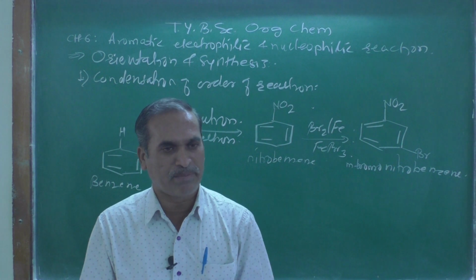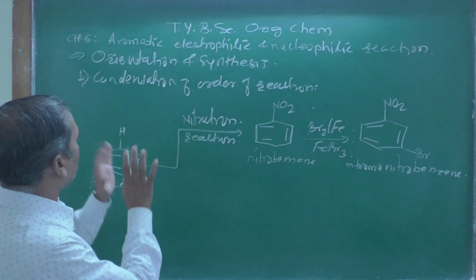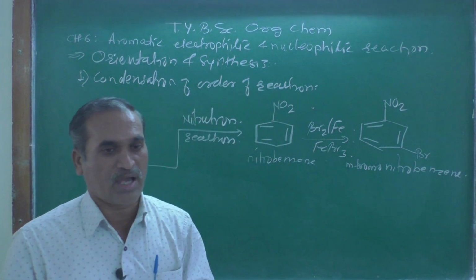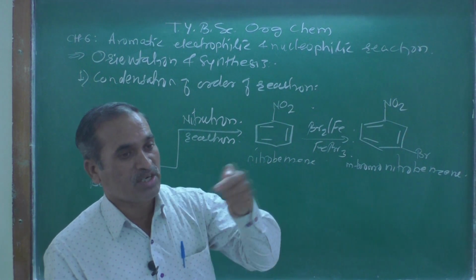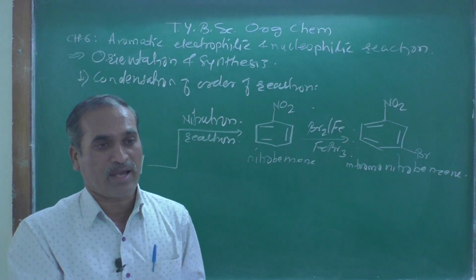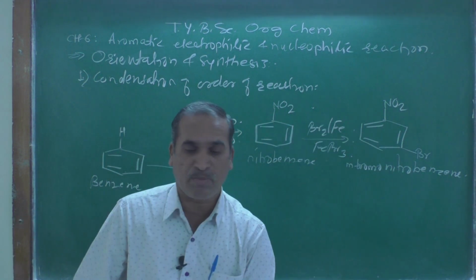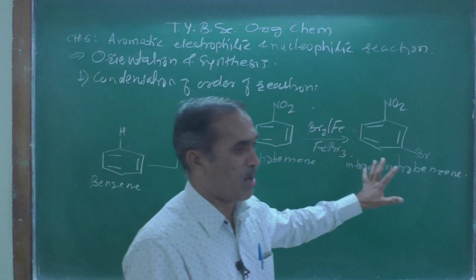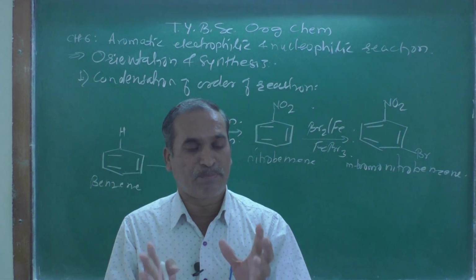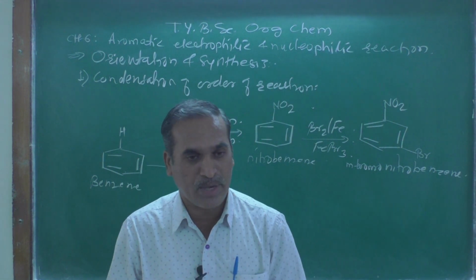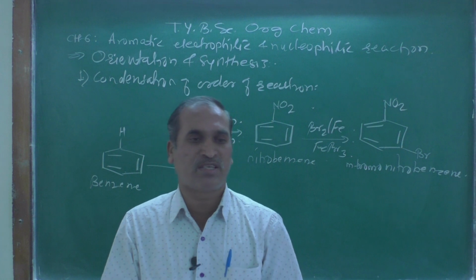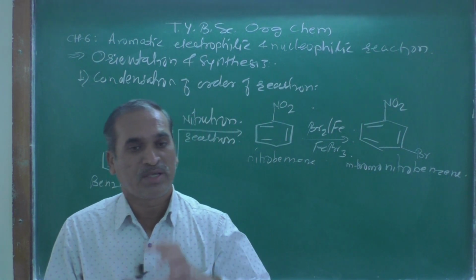Here, just remember, we are talking only about the orientation. The nitro group is directing the incoming group, meaning it is meta directing, and therefore at the meta position we get this compound. The chemist will prepare the compound he wants to synthesize in the laboratory,